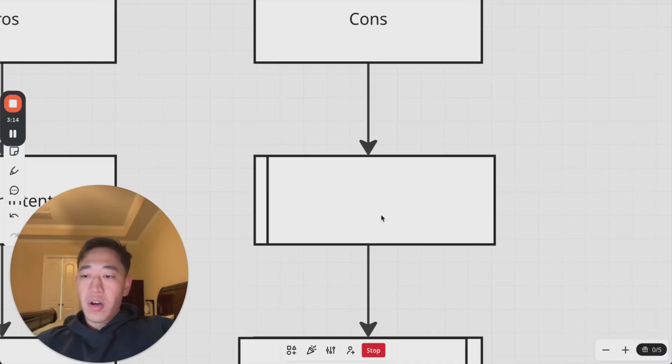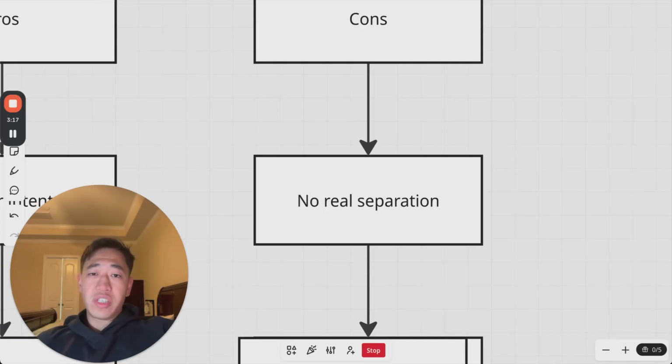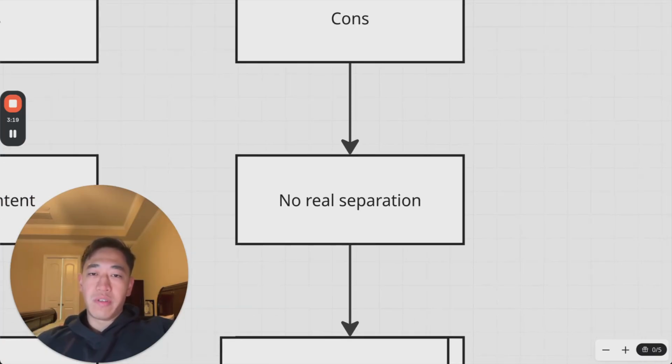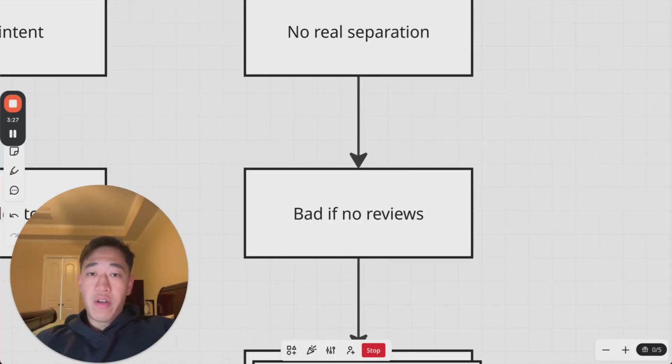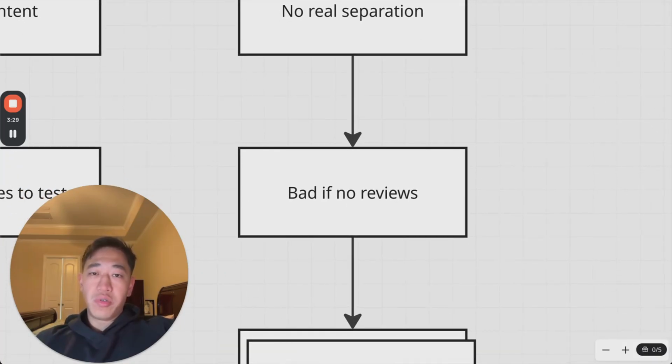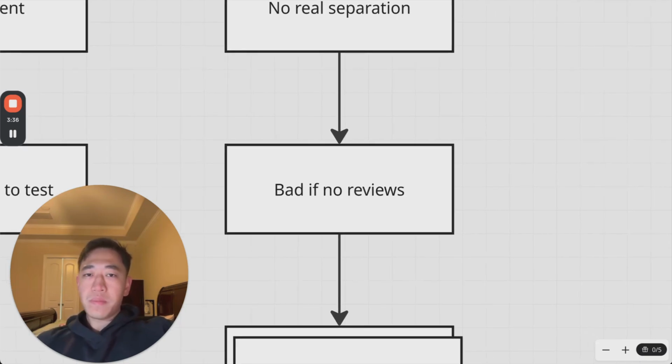So let's talk about the cons of this. There's no real separation on Google in terms of the keyword. You could say best roofer in Houston, but for the most part, you can't really separate yourself from the creative. On top of that, it's really bad if you don't have reviews. They're going to see your Google ad, and then they're going to search you up on Google to see what your reviews look like and if you have a good site or not. If the site doesn't tell anything about your business, it's not going to be a good time for you.